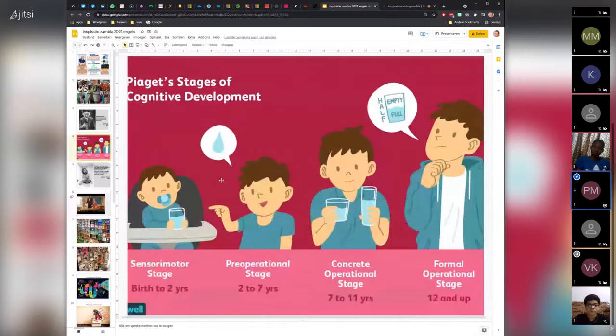I want to go back to this sheet, because everything new you learn, you will go through the same stages. If you have never touched a micro:bit before, and today is the first time, you are in the sensorimotor stage of coding the micro:bit. The stages you go through are always kind of the same. First, a kind of investment, then a looking back, and only when you know a lot of things about a micro:bit or something else are you in the last stage,